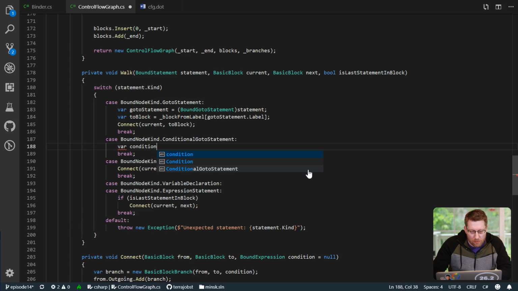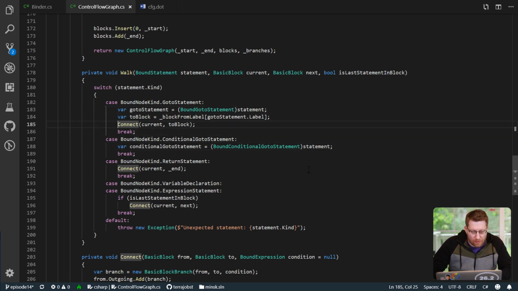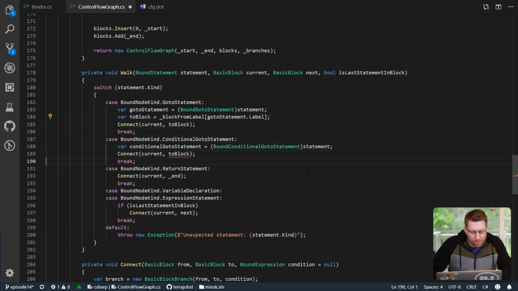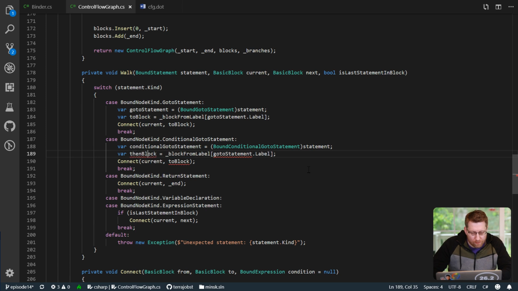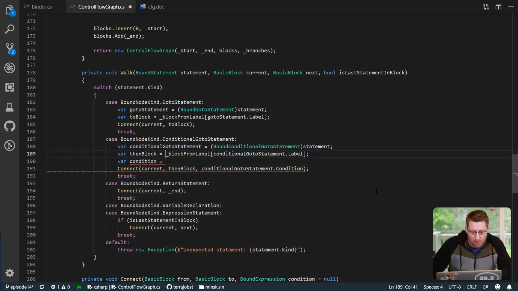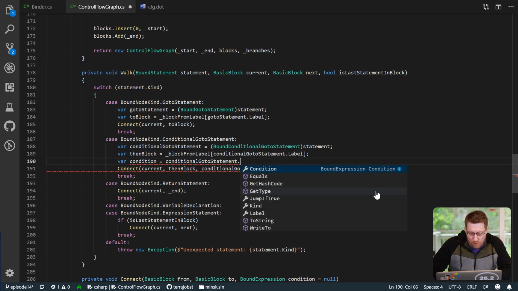All right, now we say conditional go-to statement is, of course, bound conditional go-to statement for statement. Now it gets a bit more interesting. So, of course, we connect this the same way. Let's call this the then block. But the condition is our condition, right? And that would be this condition here, except that we have this whole thing like, what's the condition? Yeah, so basically the condition is condition. So if this one is jump if true,